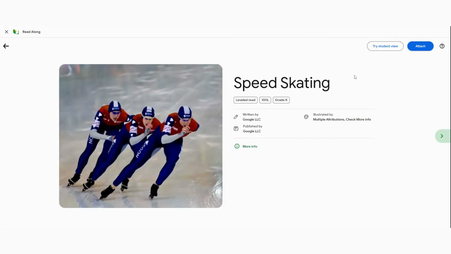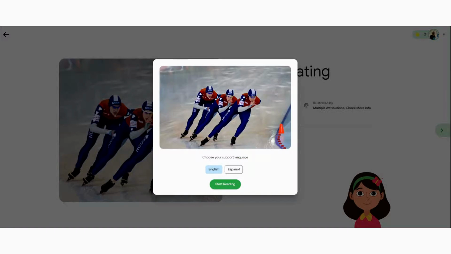You can go in and try it out as a student. So if you click on try student view, it's going to walk you through and show what it looks like as a student, and you get that same experience of what it looks like and sounds like and feels like to be a student reading in this platform. You see that if there is support language there, you can click on either one of those, and if you hit start recording,